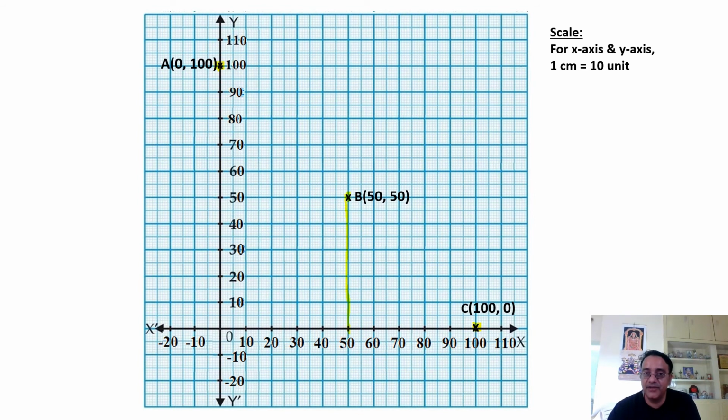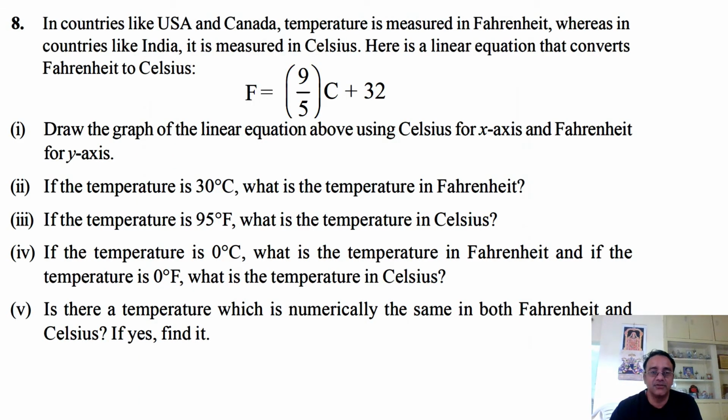Now the next we have to draw the line which passes through these 3 points, right. So हम लोग का ग्राफ कंप्लीट हो गया, but one thing is left, that we have to write the equation. So x plus y is equals to 100. This is our equation. Okay, so we have completed this question. Now we are moving towards the last question of the exercise, that is question number 8.